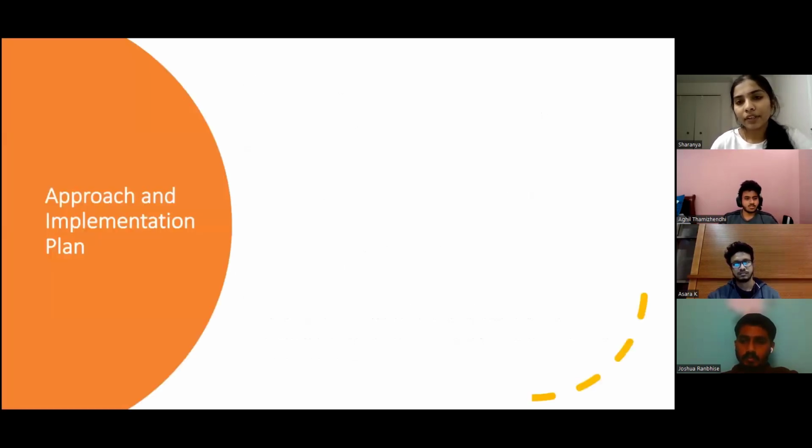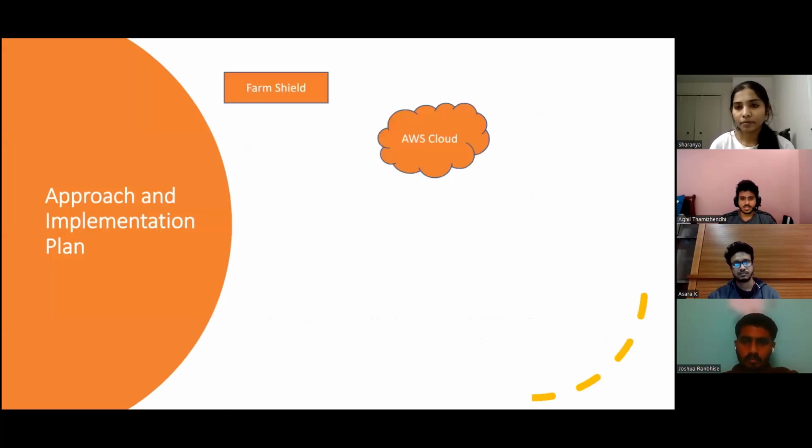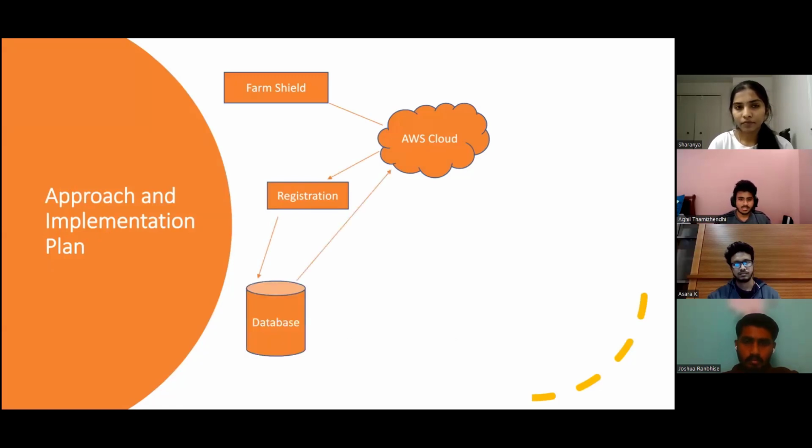Okay, now let's look at the approach and the implementation plan that we have for this project. So the first thing is that we have our application Farm Shield, which is going to be hosted using an AWS cloud. And with this application, we have two main functions. The first thing is registration. So whenever a user claims for registration, it goes to our database. And from our database, it goes back to our AWS cloud, which can be viewed with our Farm Shield web